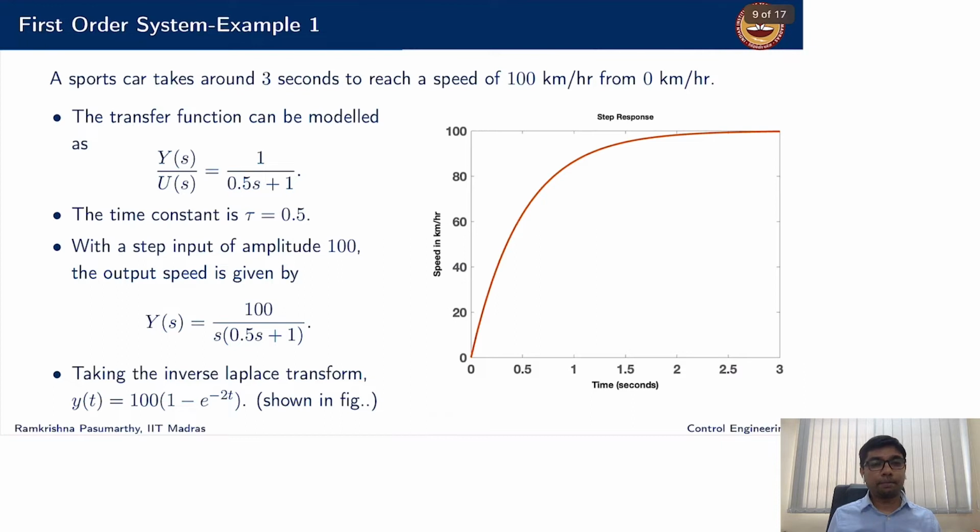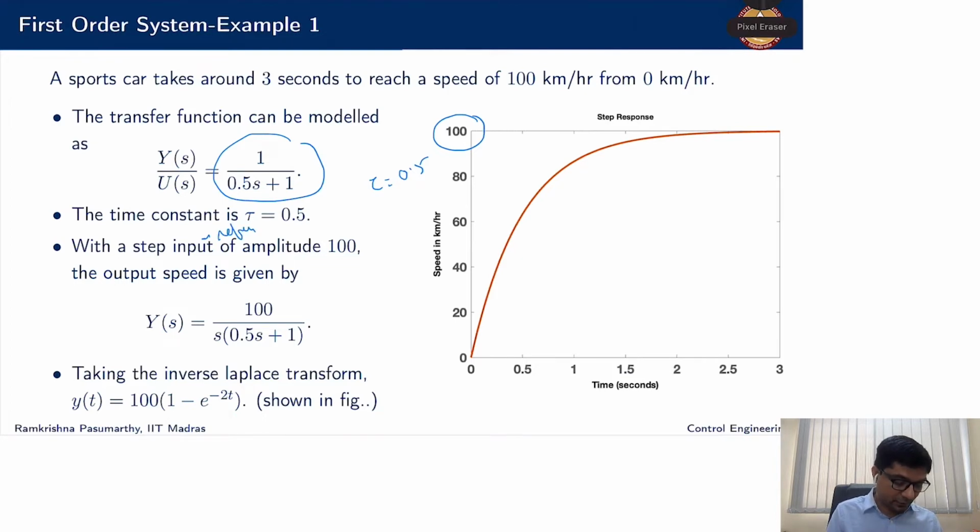Say I buy a very fancy car. One of the selling points is how fast my car goes from a speed of 0 to 100. If I just model my car in this way with a tau of 0.5, I set my reference to 100. Okay, a step input. I also call this a step reference instead of just an input. So the system is set to a reference